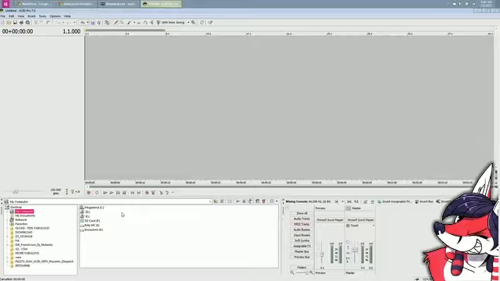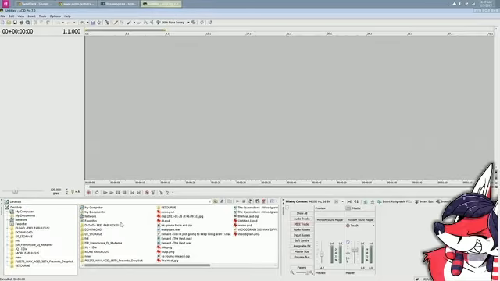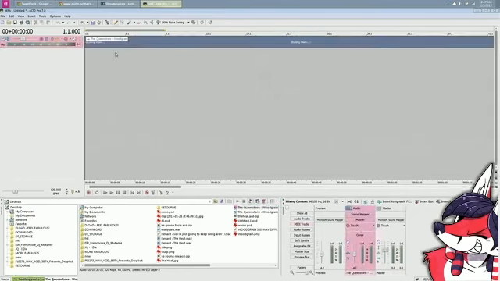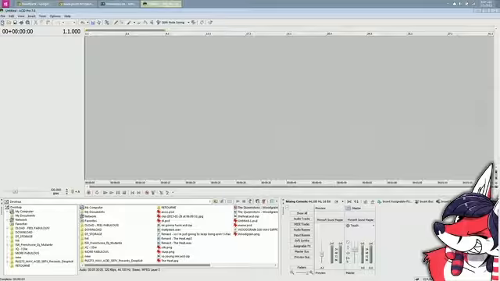For those that don't know, I use two applications to make music. One is Acid, which is what you're looking at right here. This kind of timeline editor thing where you grab a file and you edit it on the timeline here. The other application I use is Modplug Tracker, which I'm sure we'll see at some point.